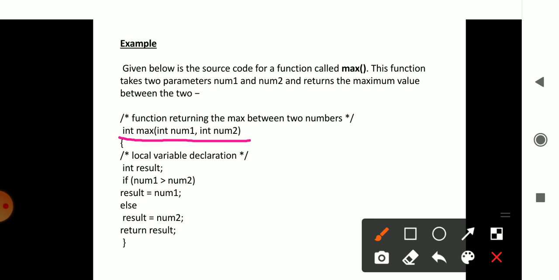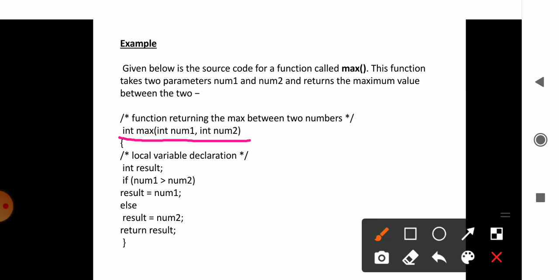In a function declaration, the first element is the return type. We have specified the return type for this function as integer because this function returns an integer value. Then it is followed by the function name maxOf, and the function contains two parameters, num1 and num2. Both num1 and num2 are integer values, so it is declared as int num1, int num2.